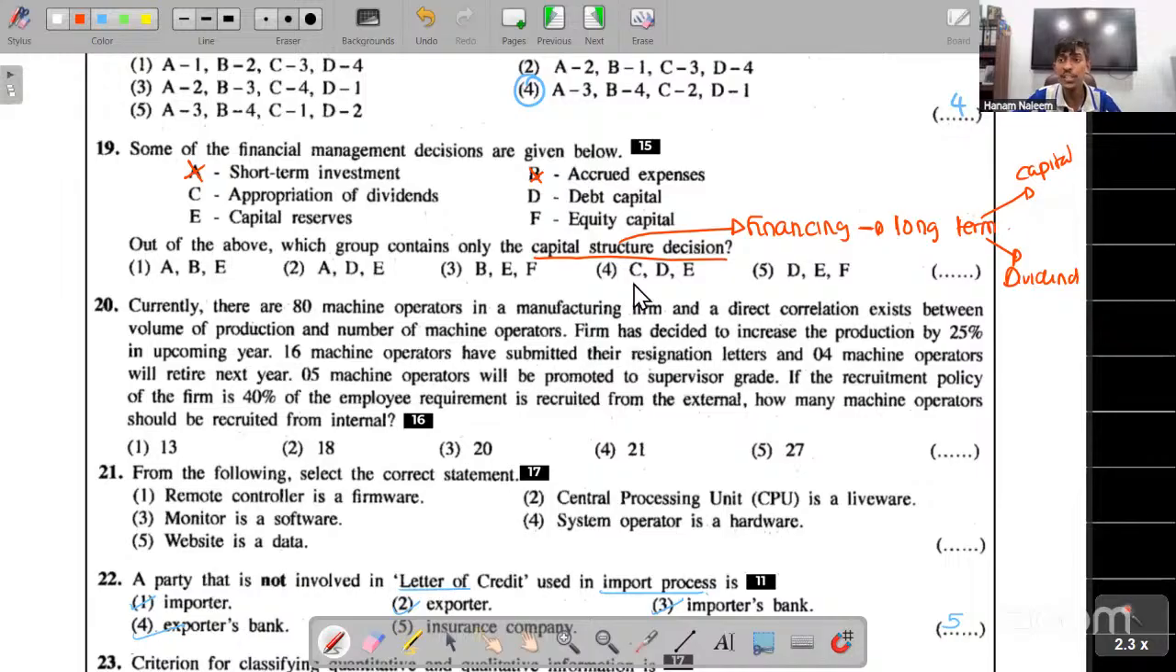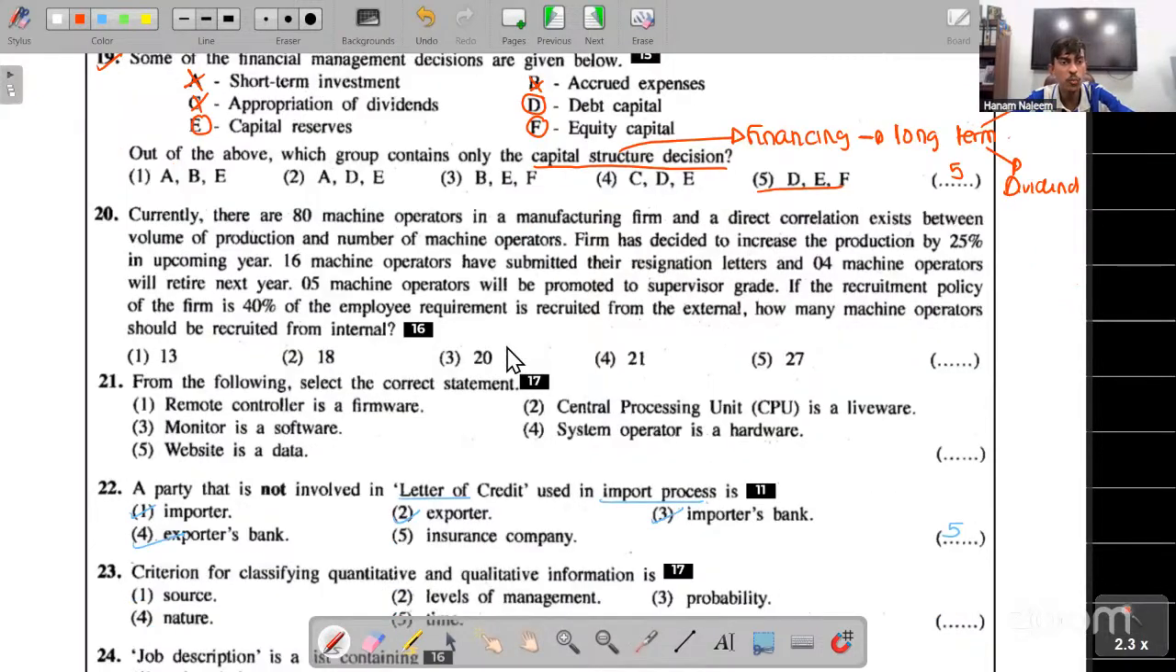So appropriation of dividend comes under dividend structure, not capital, wrong. Then debt capital, correct. Capital reserves, correct, because that is a part of equity. Yes, equity capital, correct. So it should be D, E, F, answer number 5. Answer number 5. Okay, then question